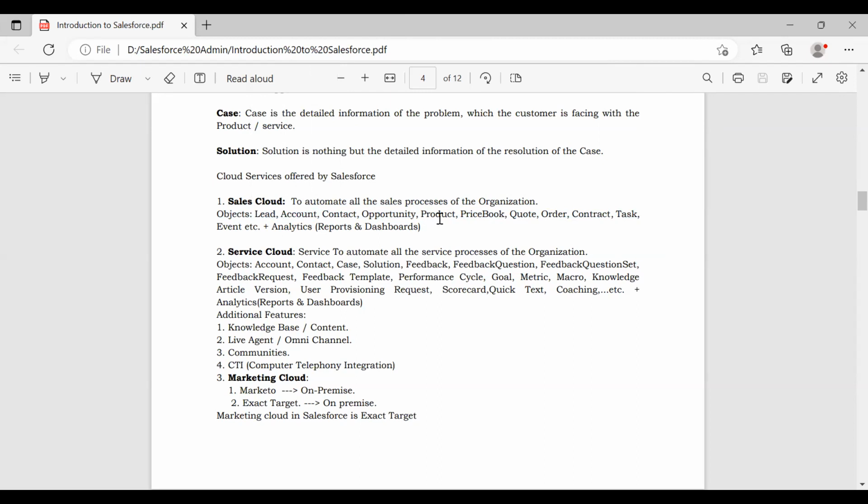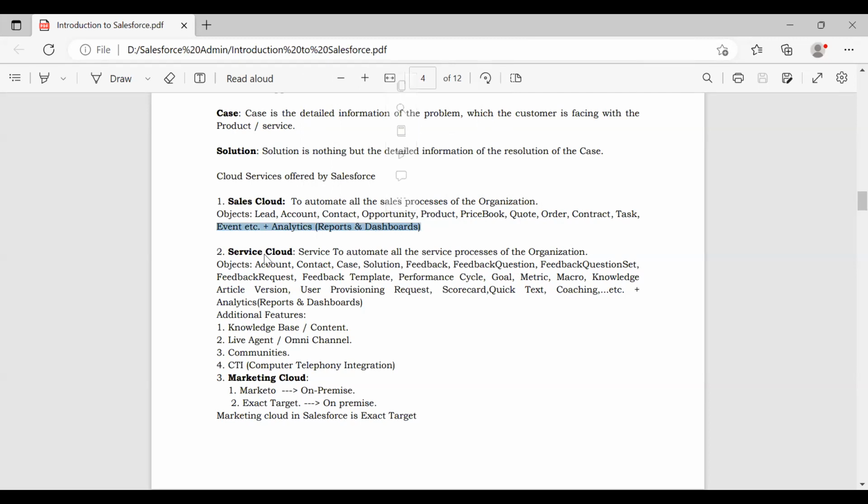Along with that, they are giving so many objects like product, price book, quote, order, contract. All these are the objects which are used to automate the sales related processes. Along with that, they are giving analytics feature also, that is to generate the reports and dashboards. What is a report, what is a dashboard, already we have discussed.